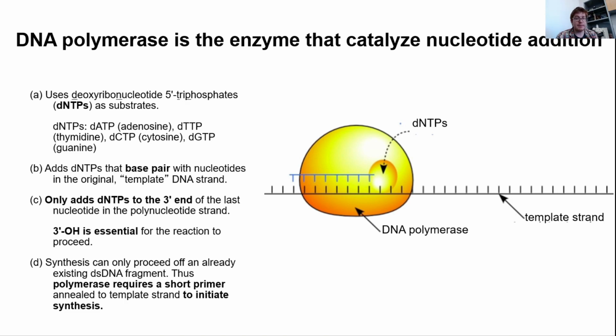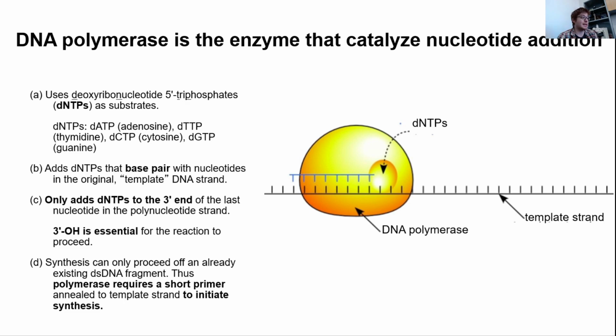And the enzymes that perform this catalyzed nucleotide addition in cells are called DNA polymerases. And so sort of abstractly, you can think of them as these objects that are going to interact with your template strand and the synthesis strand, and they're going to add the dNTPs to the end of the strand here. And some key facts that you need to know about DNA polymerase is that the substrates for